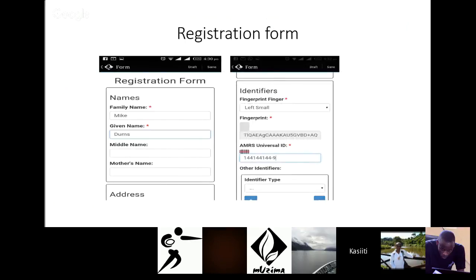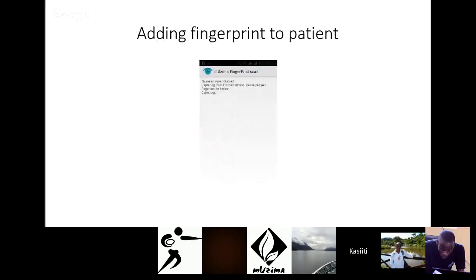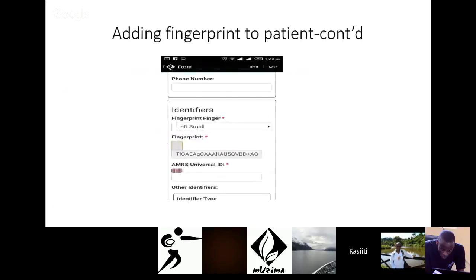Then before you go for the fingerprint, you will need to obtain licenses. So if you connect your scanner to the phone, something of this sort should come up, a message, licenses were obtained. Capturing from electronic device, please put your fingerprint. Please put your finger on the device, and if you do that, you'll be able to, well, there's a field here, fingerprint